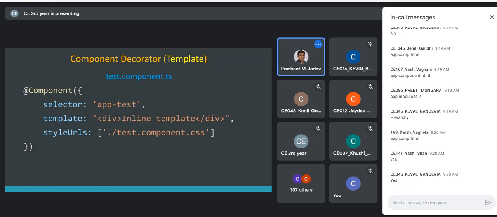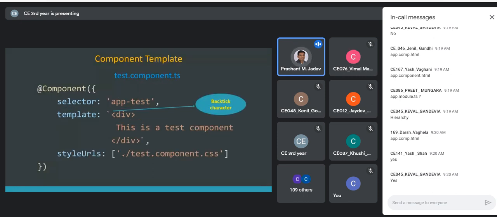Okay. So remember the tree hierarchy. There is an app component, and the app component can have multiple children components, and those components can in turn have children components. That way you have to create the component hierarchy. Again, in this slide, I have specifically mentioned that instead of multi-line HTML, you can use the backtick character, so you can spread this HTML onto multiple lines.